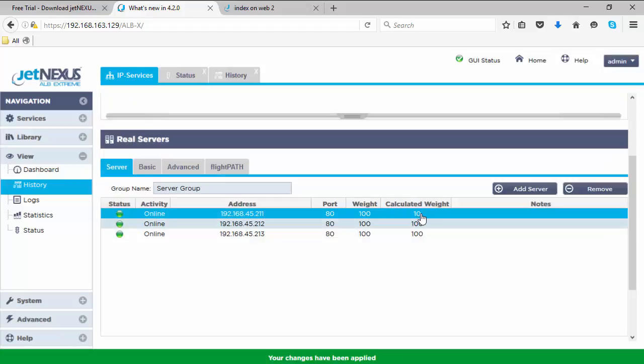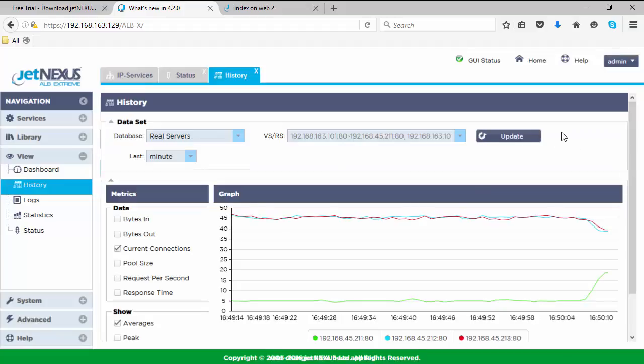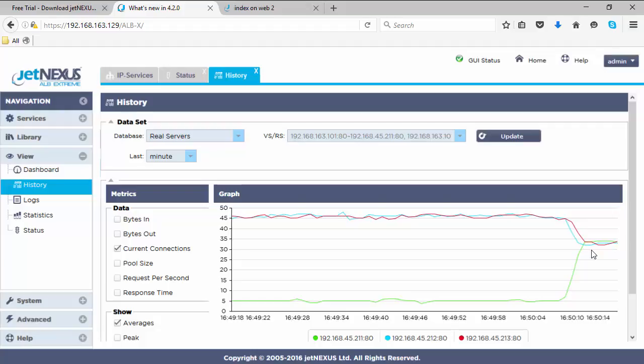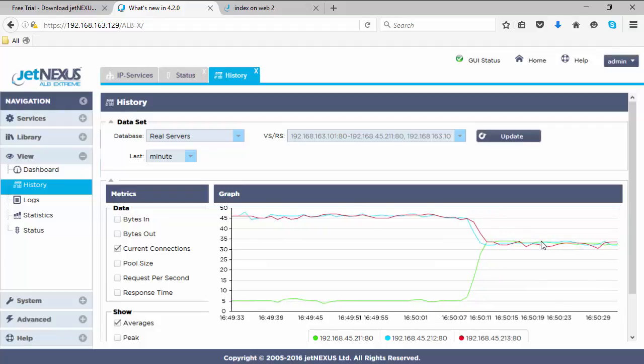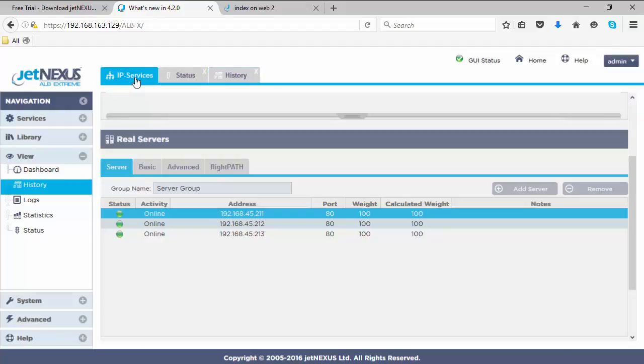That also changes the calculated weighting back to 100. If we look at the history, now you can see all three servers, despite having a different response time, we can see all three now getting an equal amount of connections based on the load balancing policy, least connections. So in this instance, least connections is not really the favored method. When we change that back to fastest server